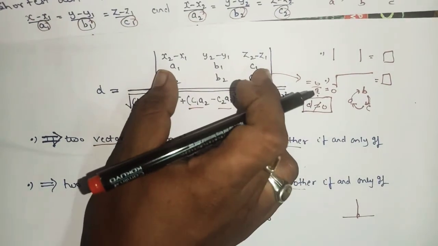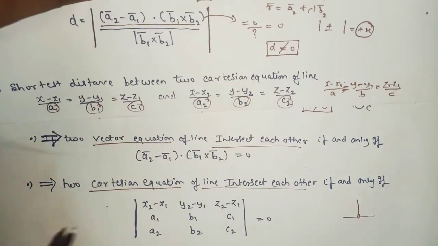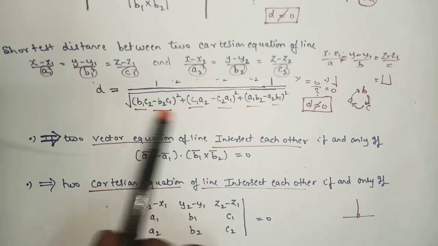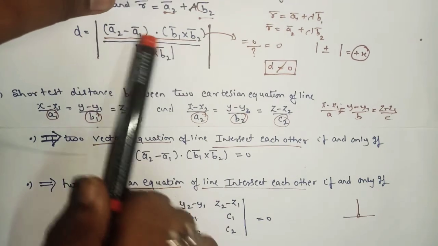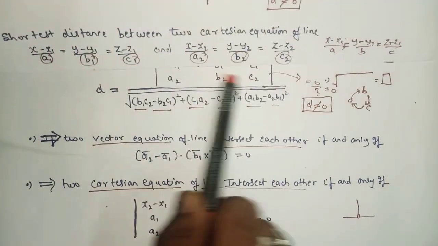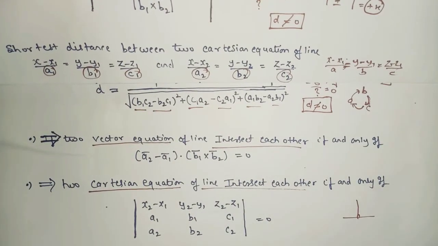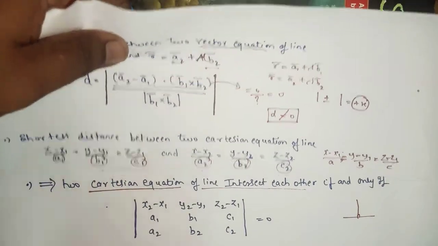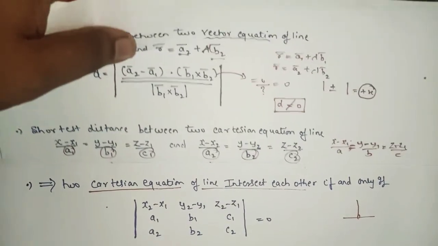So from just solving this numerator section, we will come to know whether the lines are intersecting or not. If you want to find the denominator part also, you can substitute, but we know that 0 upon any number turns to what? 0. When you solve, if this numerator section is not equal to 0, straight away we can say that the two lines are not intersecting each other. The numerator part has to be 0 if you want to show that the lines are intersecting each other. Okay, I hope you all understood this concept.